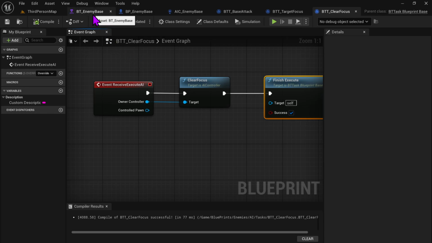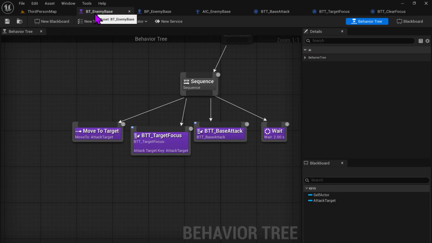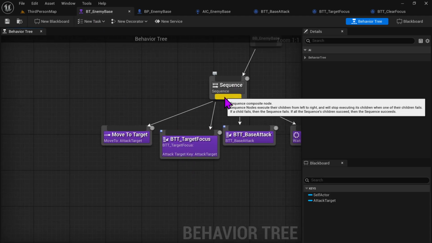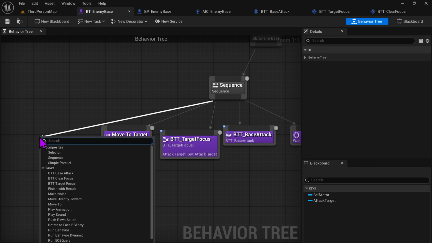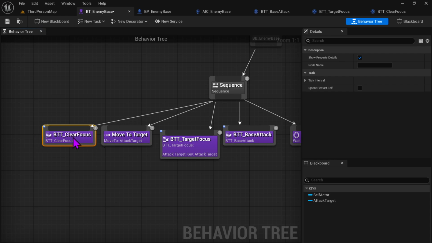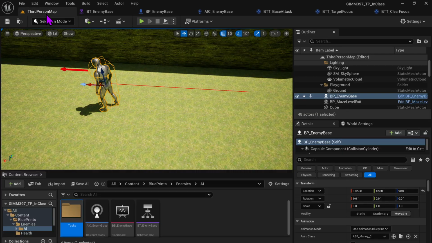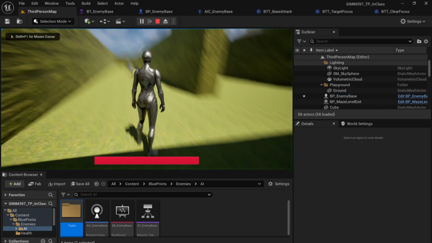We'll return to our behavior tree. And then right before our move to, we can add in front of this our clear focus. So if you're going to move, clear your focus, move to the target, then focus again on the target once you're in range, attack, keep your focus on the target until you decide to move again, and then clear it and do your run like normal. So if we save this, once again, mine's just not going to work, but that should now, if we play it,